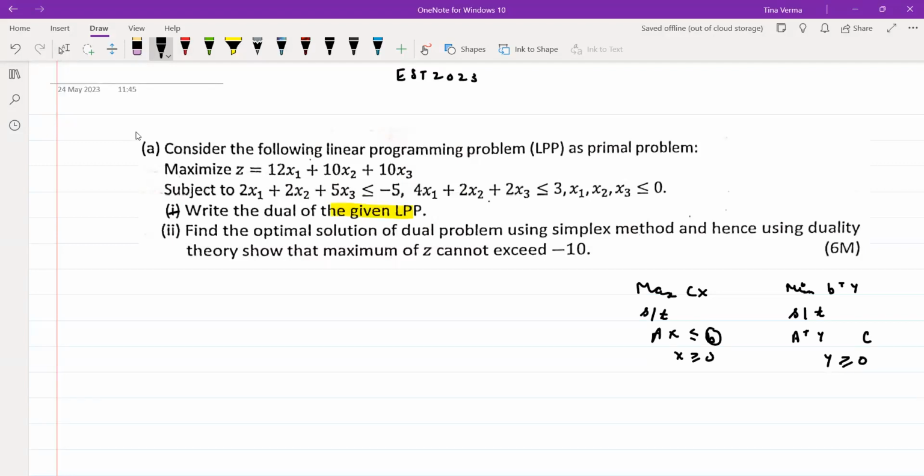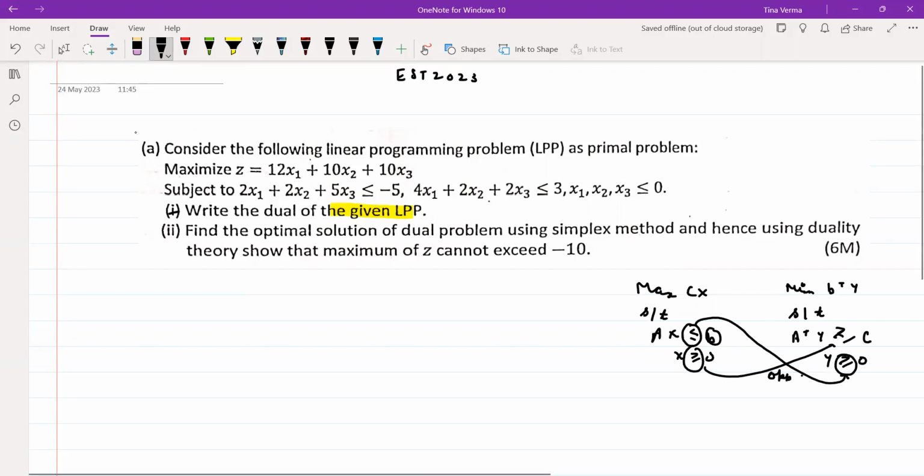So what I have told you is, whatever the sign you have over here for the constraints, the opposite sign you will have in the variables for the dual problem, and the sign which you have for the variables, the same sign you have for the constraints of the dual. The problem given was also a maximizing problem,